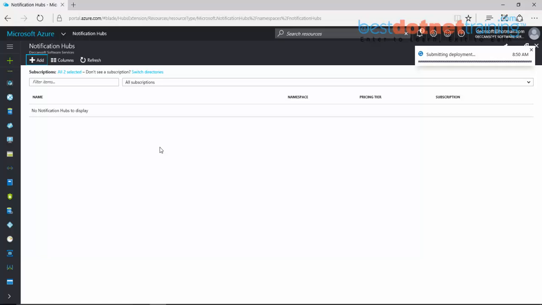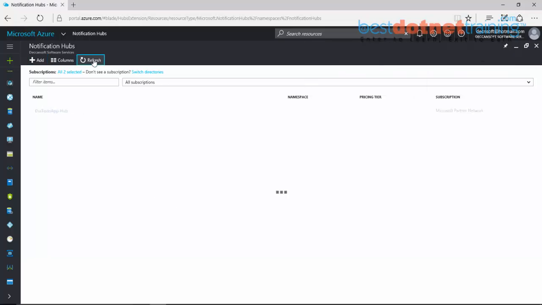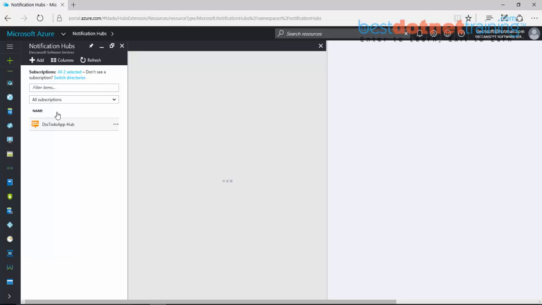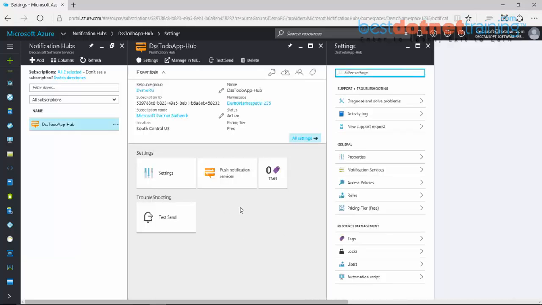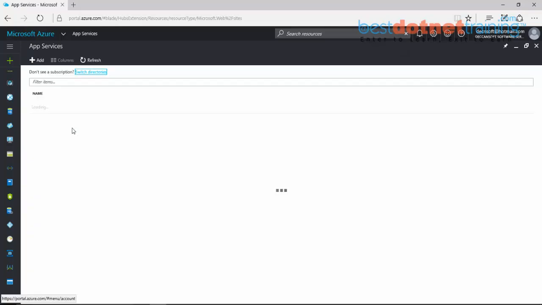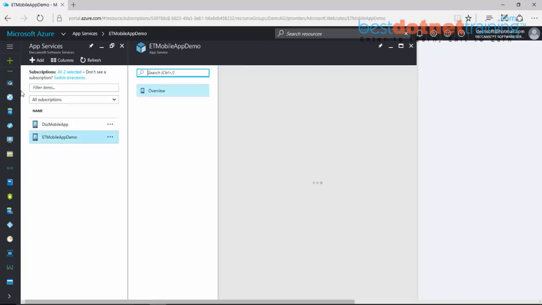Now once we have the hub created, you'll have to wait for it to complete. Click on refresh. So we have the hub here. Now we don't have to really do anything in the hub immediately. What we'll have to do is go to the mobile app actually, the previous one,